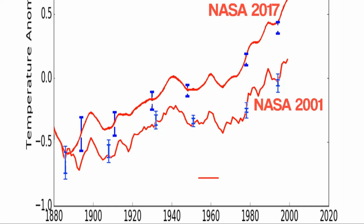This view makes it very clear how dramatically NASA has changed their temperature record since the year 2001. They're showing a lot more warming now during the interval from 1880 to 2000 than they did 16 years ago. Also interesting to note are these blue error bars, which are supposed to represent NASA's 95% confidence intervals. You can see that they've shifted the data far outside of their own error bars, indicating that their error bars